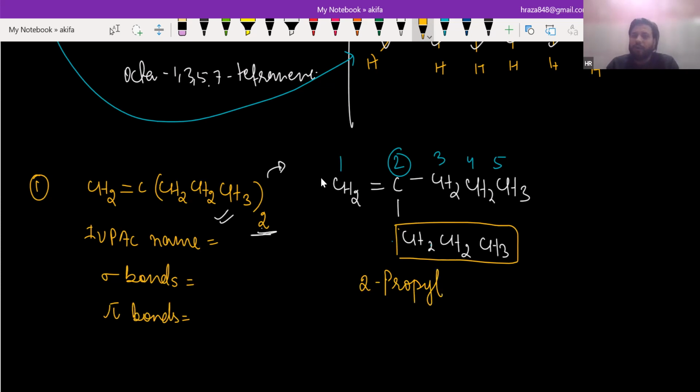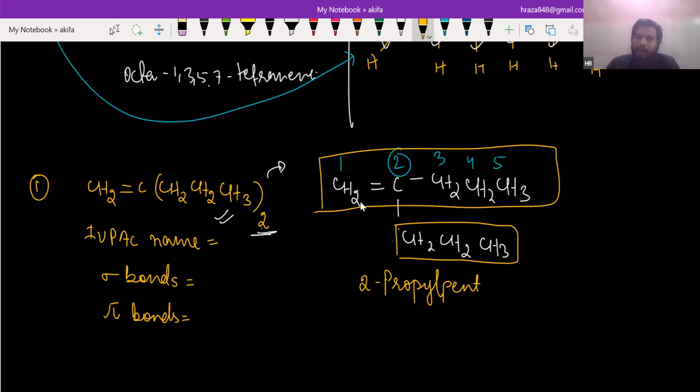Then come to the parent chain, it will be pent. And on the first carbon there is a double bond, so it will be pentene, or if you want to write it, pent-1-ene. Right? Is this clear, Akifah? Now name the